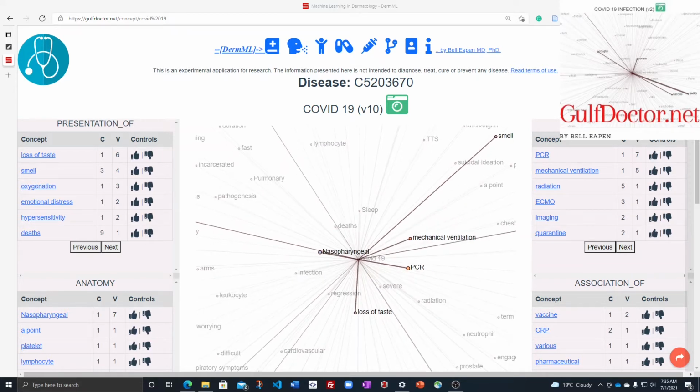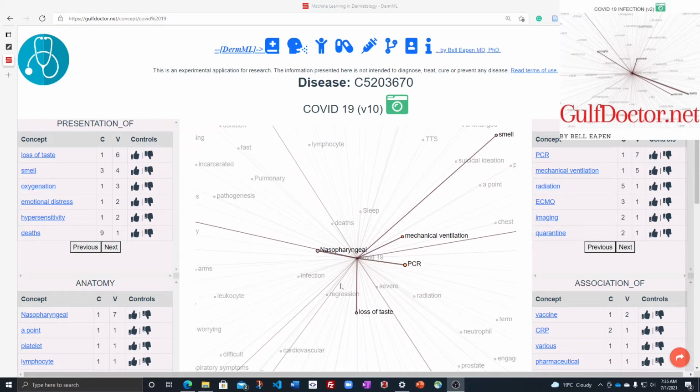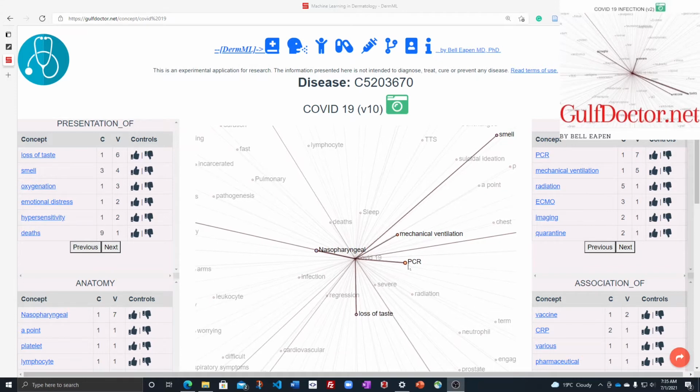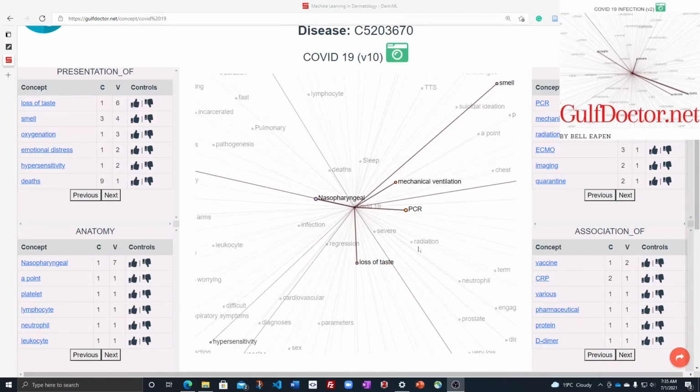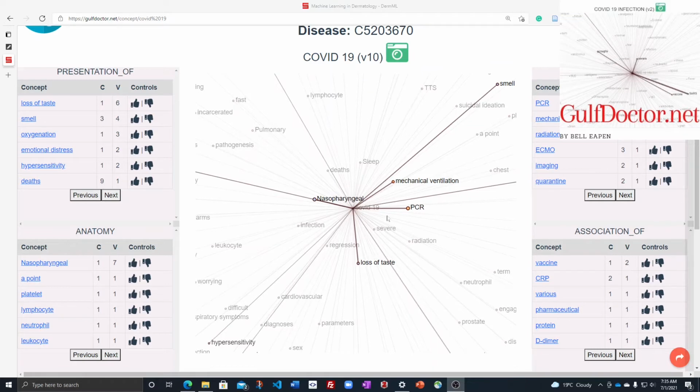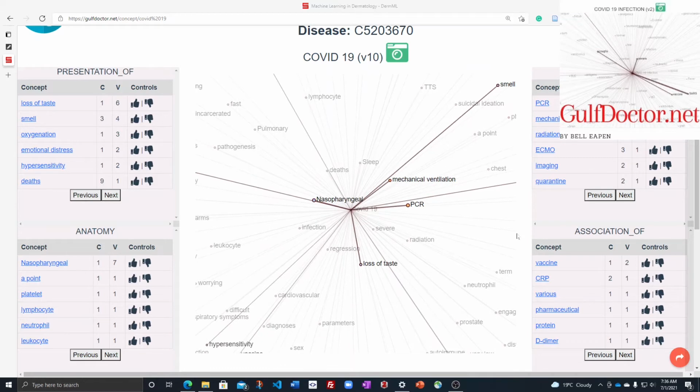These associations are learned by NLP and machine learning methods and have attributes such as support, confidence, and lift. The fill color of the concept circle indicates the type of concept, whether it is a disease or symptom, etc. The length of the line connecting concepts depicts the inverse of confidence, so that the concept with high confidence will be closer to the root concept.